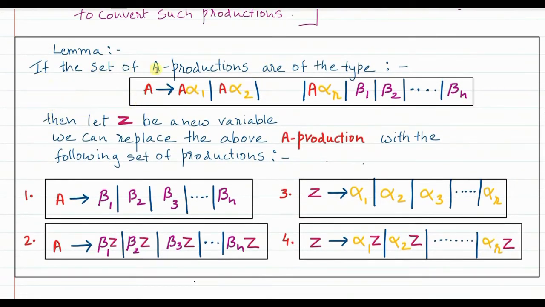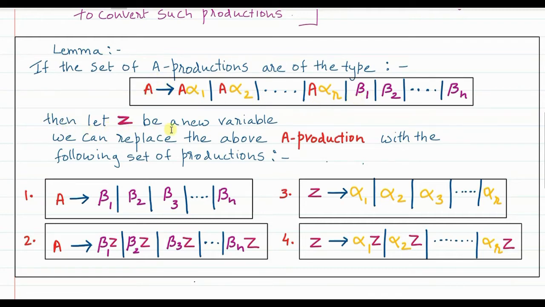If the set of A productions are of the type A gives A alpha 1, A alpha 2, up to A alpha R, followed by beta 1, beta 2, up to beta n, so if you find that any of the productions that you obtain after step 2 is of this type,